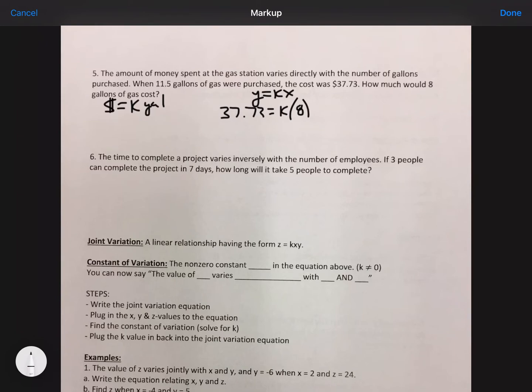And when we divide that, we get $4.72. So k equals 4.72. How much would 8 gallons cost? So y equals 4.72 times 8,